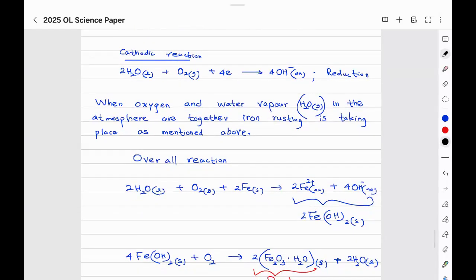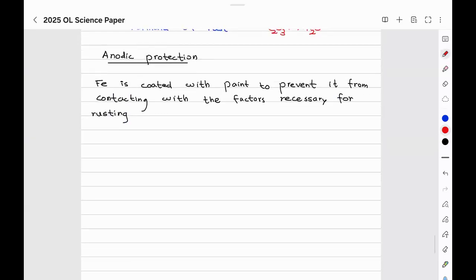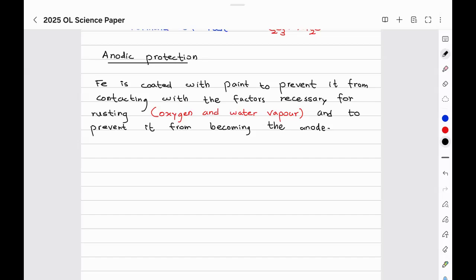I mentioned oxygen and water vapor. Oxygen and water vapor, right? We can say oxygen and water vapor. These are the factors necessary for rusting. And to prevent it from becoming the anode, right? So what we do here, as examples, we can say applying